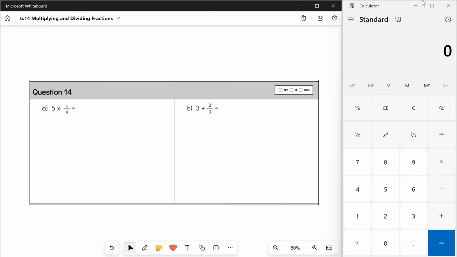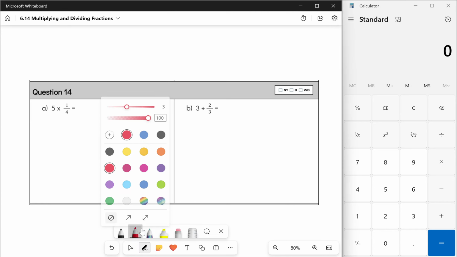Okay, hello. Today we are working on question 6.14. This one asks us to multiply and divide a whole number by a fraction. It looks a little bit trickier than it actually is because on both questions, and let me switch my pen